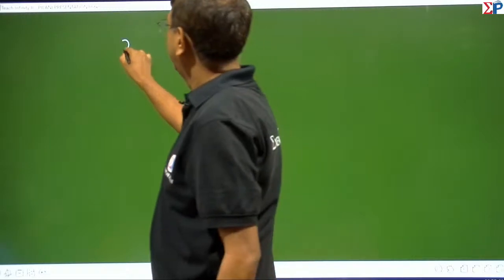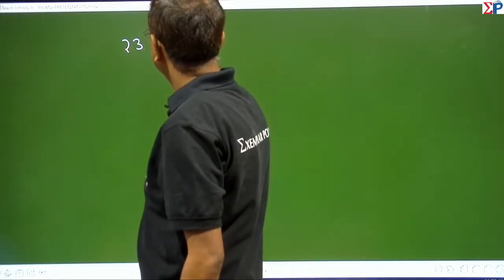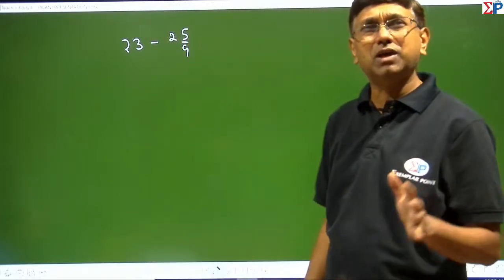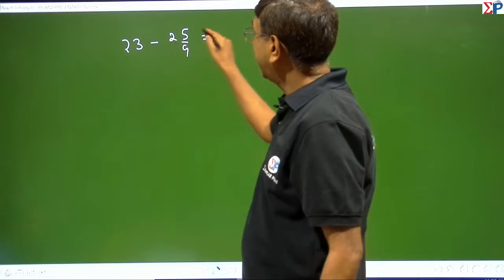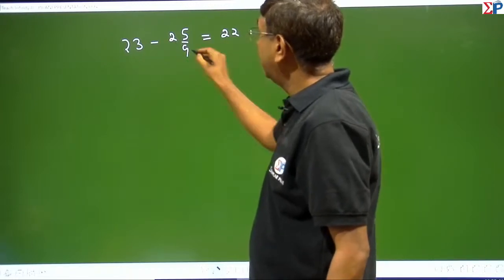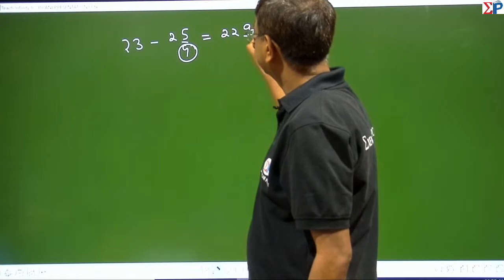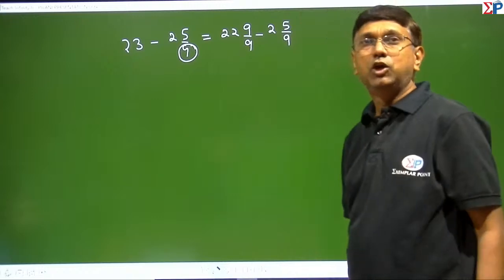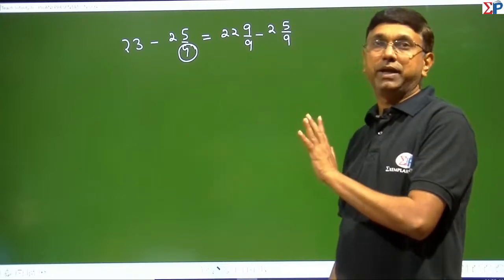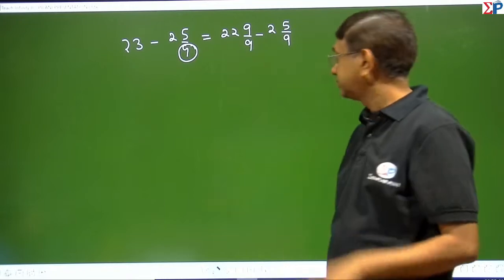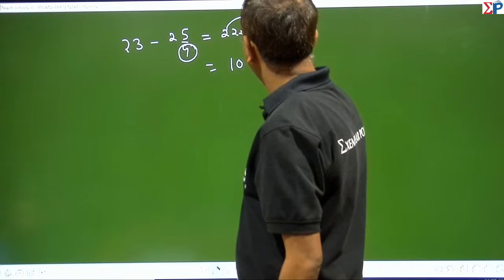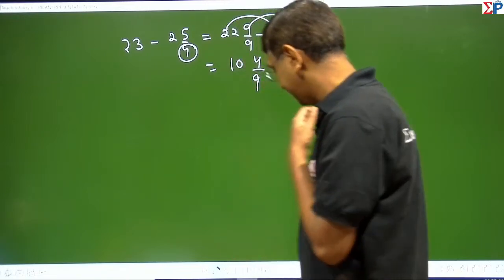Now let me give you some good questions. थोड़े 23 minus 2 5/9. 23 अगर तुम इसको नॉर्मल मेथड से करोगे बहुत टाइम लगेगा। 23 minus 2 5/9, तो इसको 22 लिखो, नीचे 9 है, write it guys, 22 9/9 minus 2 5/9, समझ में आ गया, right। 22 minus 2 10, 9 minus 5 4, तो 10 4/9।